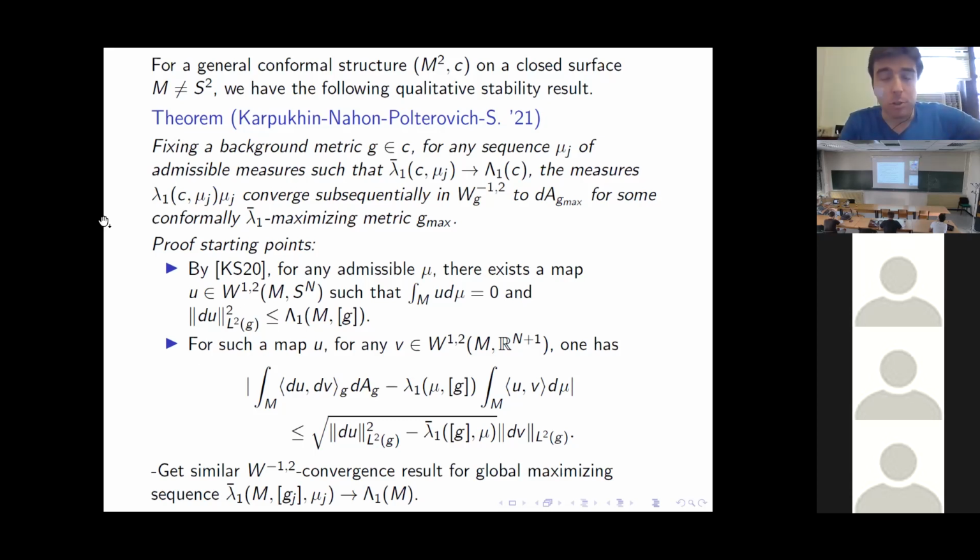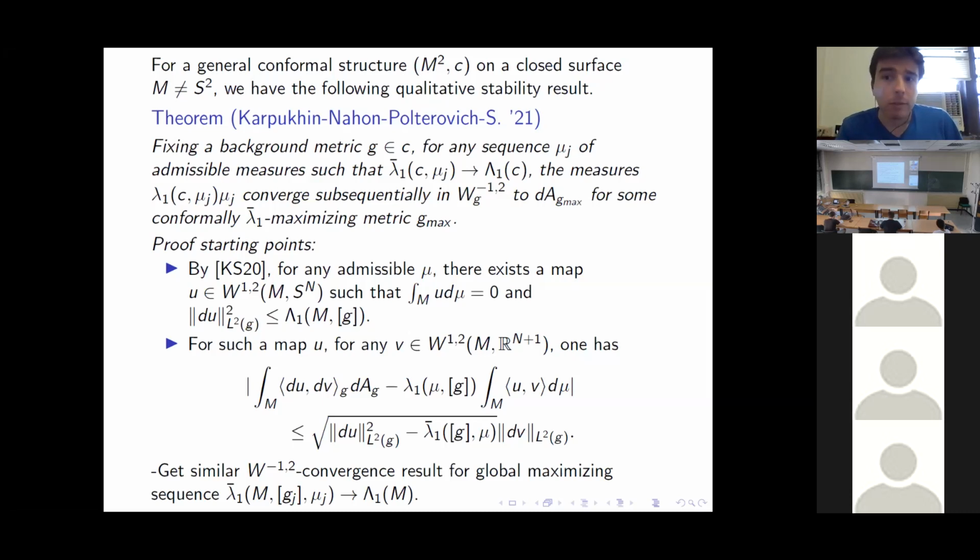So those are some of the main contributions of this recent paper, which came out this past week. So this is kind of a satisfactory answer to this little analytic question: if we have eigenvalues close to the maximum, is the associated metric close to the maximum metric? So we get a more or less complete answer for this stability for the isoperimetric inequality, these first